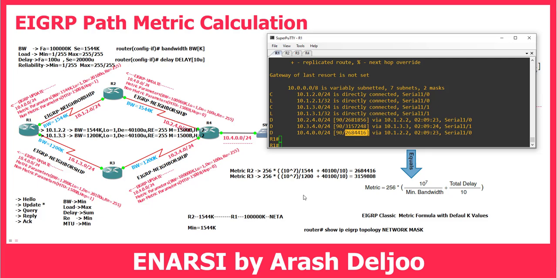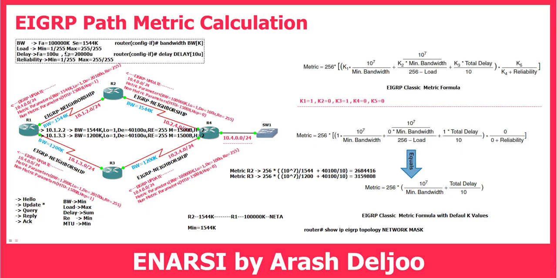Or in comparison with other protocols, we can replace the failed path. Okay, this is the process of the EIGRP path metric calculation in classic EIGRP. Don't forget, until now, we have learned about the parameters of one interface: bandwidth, load, delay, reliability. Also, we have learned about the EIGRP classic metric formula and the roles and functions of the metric